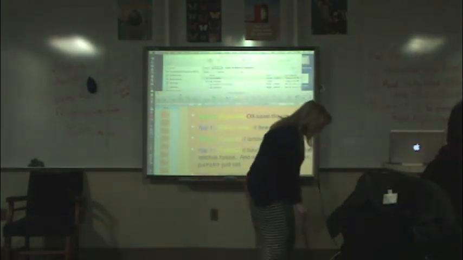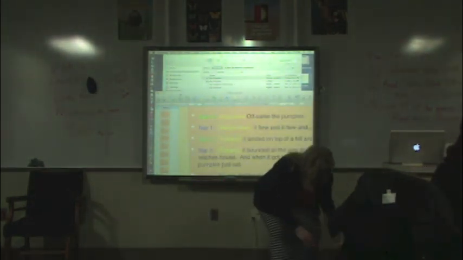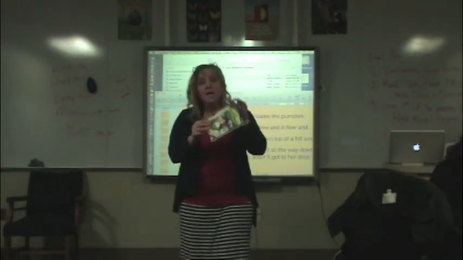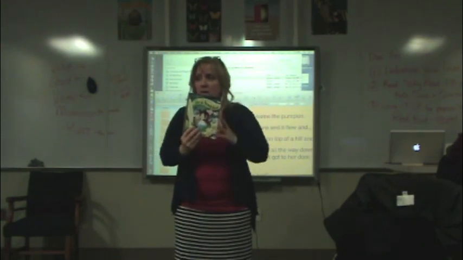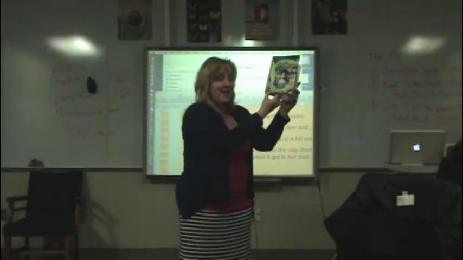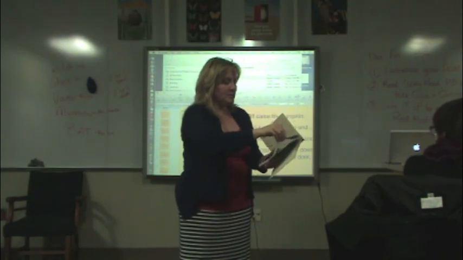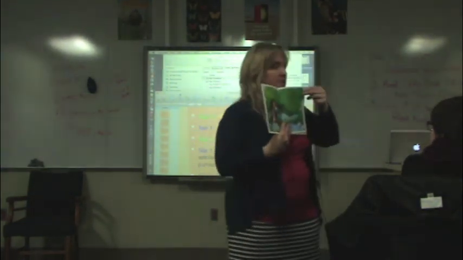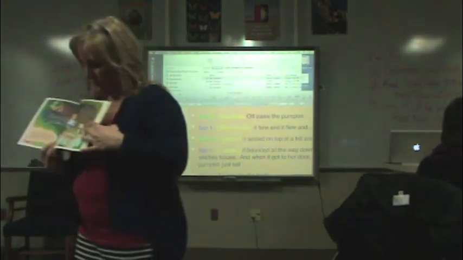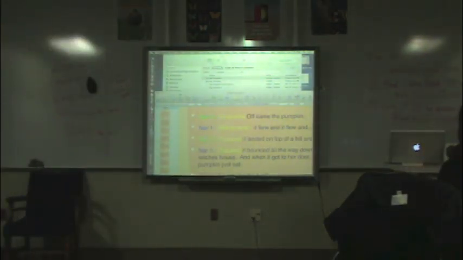Now, when you're doing something like this, you want a simple picture book, okay? So here's Alice in Wonderland. You've seen Alice in Wonderland, the big, gorgeous one, right? This is a simplified picture book of Alice in Wonderland. And look at the text. So much less text. Each page has a little bit. See? So you want to find books like this, because you don't want to have 75 pages of text. Are we doing this in our groups? Yeah. Okay. Yep. Now,